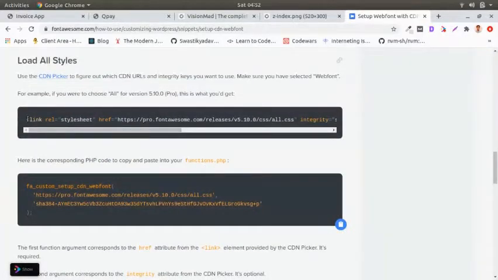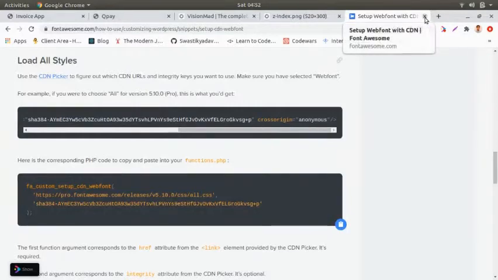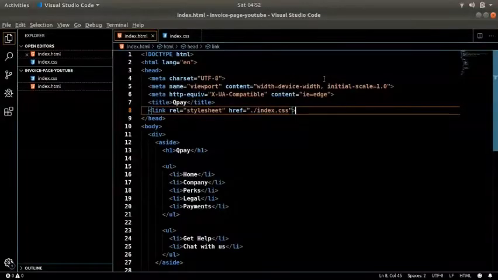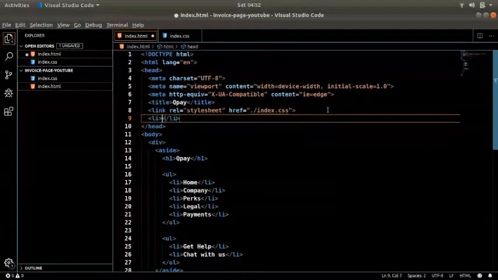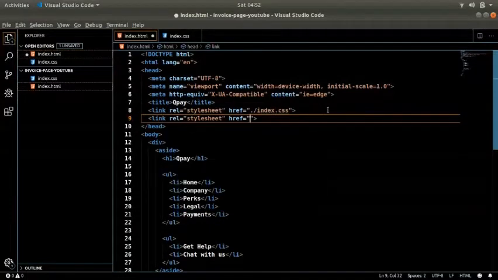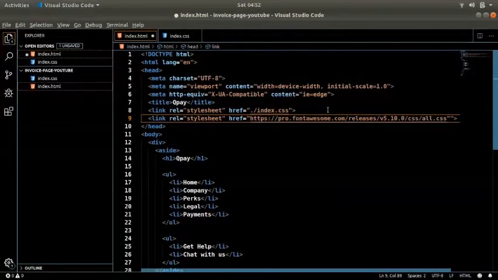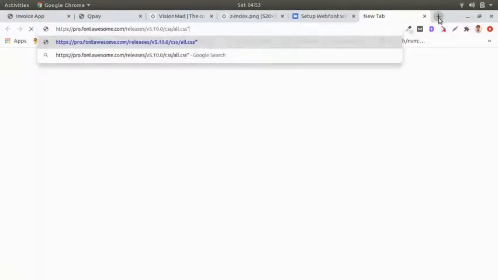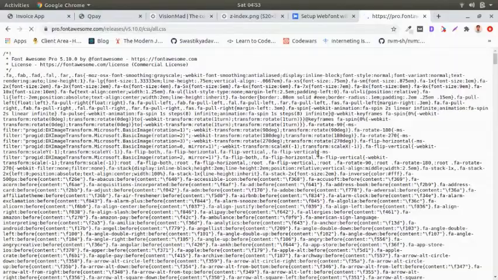Here we have it. You see, it's the same thing. The link relation is style sheet, and the href is defined over here. There is nothing more to it. And there are a few more attributes here, the integrity and cross origin. Those are for security reasons, but for this project we don't have to consider them. Let's keep the Font Awesome open, and we will add that link over here, style sheet, and here is our link. So this is where the CSS lies. Even if I show you just by going to that link, this was the CDN link, and here is the CSS file of Font Awesome.